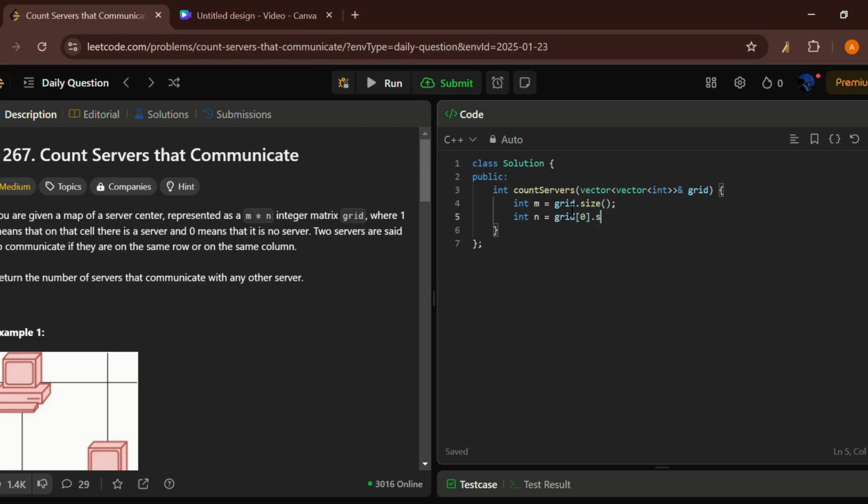Okay, so what have we decided to do? We have decided to count the servers in each row, also count servers in each column. So what can we use here? We can use a vector for the counting of the servers in each row and each column. So we will make two vectors to count the servers in each row and each column. Okay, so row servers